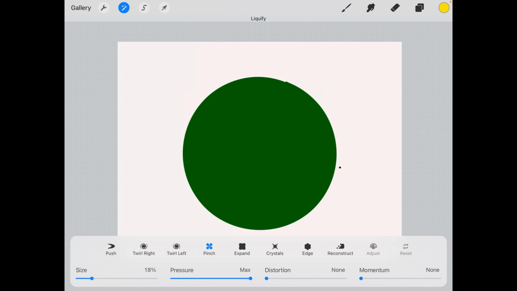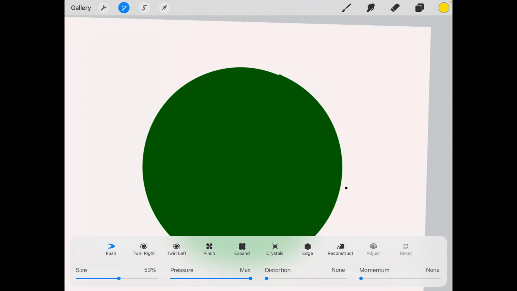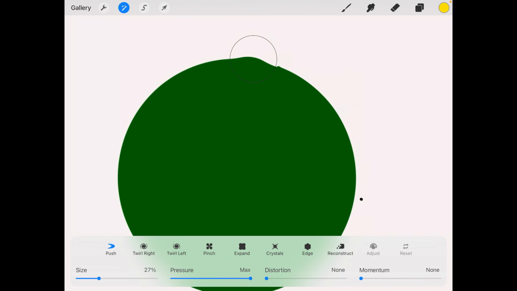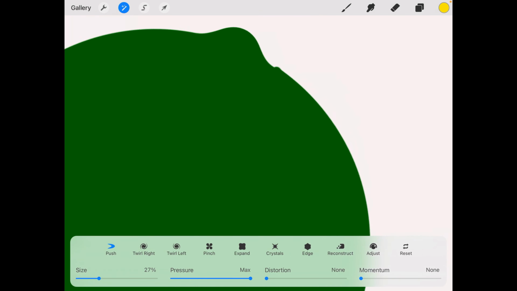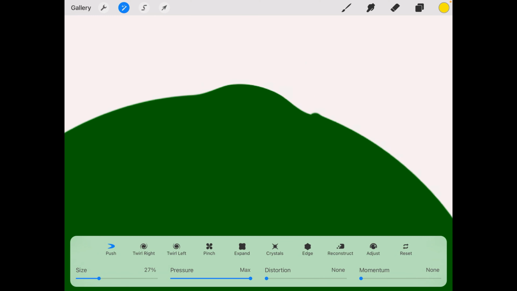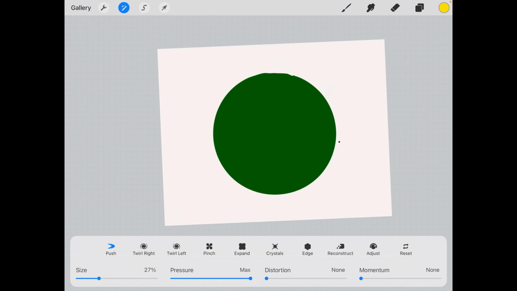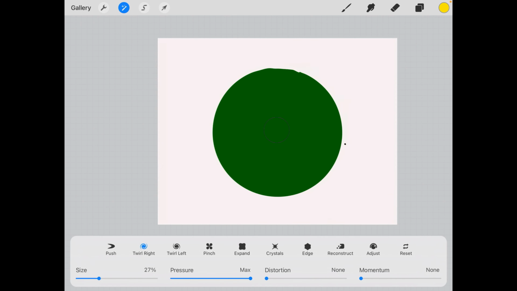Okay, and then we have liquify, which is used quite a bit. Especially the push tool here, you can increase and decrease the size, pressure, and momentum also. If you increase it, then it will just go with the momentum, but I'll just leave it at 0 for now. So this is used a lot to adjust. Let's say that this part of my drawing has come out and I want to reduce it, then I can just pull it in and adjust it like that. So the liquify tool is used quite a bit.